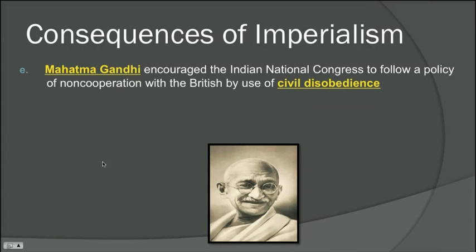Well, certainly with the Rowlatt Acts, with the imperialism going on in India, even going back to the Sepoy Mutiny, people like Gandhi would have been very much influenced by freedom. They would have wanted to fight back and take their country back for their people. So Mahatma Gandhi encouraged the Indian National Congress to follow a policy of non-cooperation with the British by use of